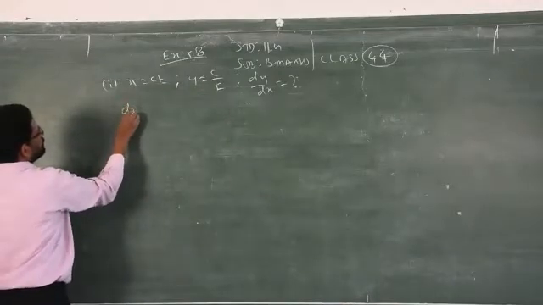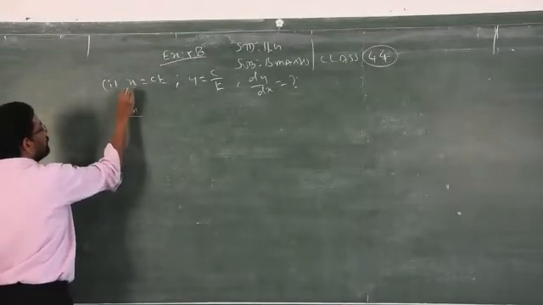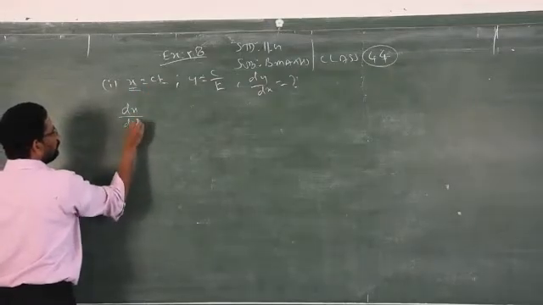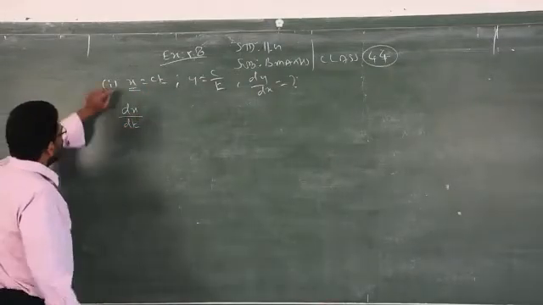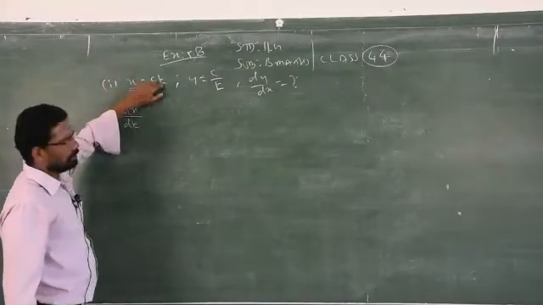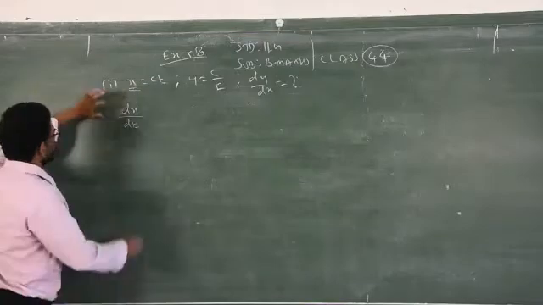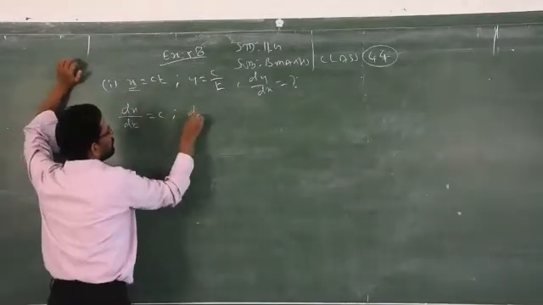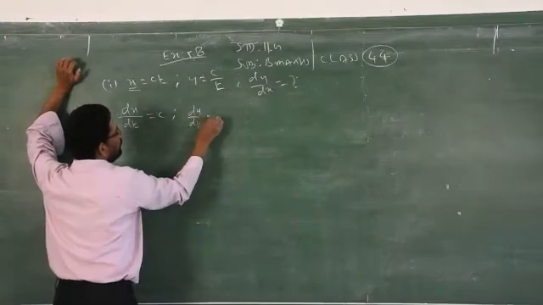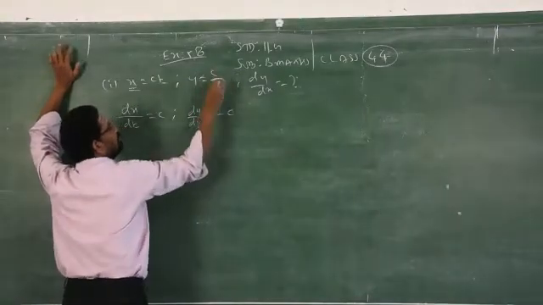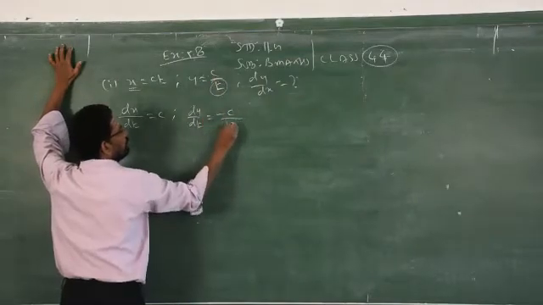So now I am differentiating this x. Differentiate x. X depends on which variable? T variable. Don't write dy by dx because here the variable x depends on the variable t. So differentiate x with respect to t, c. t will become 1. So dy by dt, when the variable is in the denominator, you multiply the power with the numerator c, then change the sign, add 1 to the power.